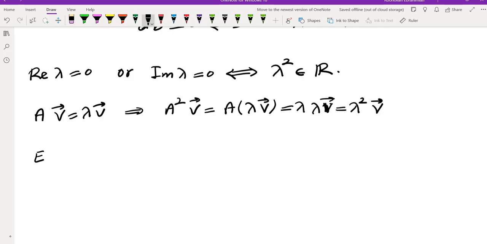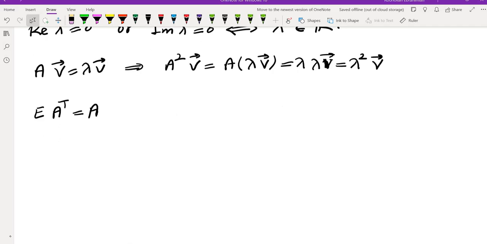So lambda squared is an eigenvalue of A squared. So now let's see if we can find something about A squared. So this is what we know. So we're going to take this and evaluate. Let's transpose both sides of this. We get A E transpose equals A transpose. Let's take this and plug it into the condition. So we have E